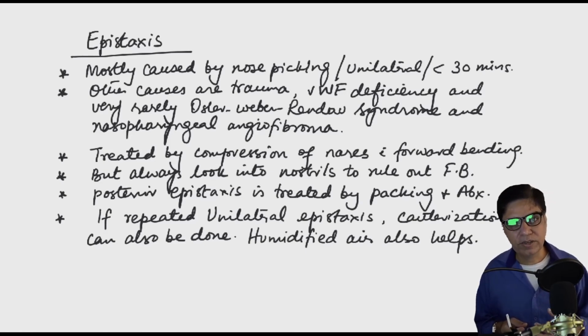Remember, most of the time it is usually caused by finger picking or digital trauma. But if it is recurrent, or if it is associated with other symptomatology, then you have to do a workup. So you look at the coagulation profile, you look at the platelet count, you might do the von Willebrand assays to see if there is any von Willebrand deficiency, and you might have to do a CT of the sinuses, or put a scope inside to see if there is any growth inside the